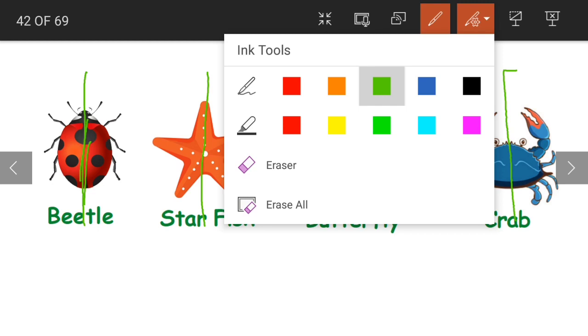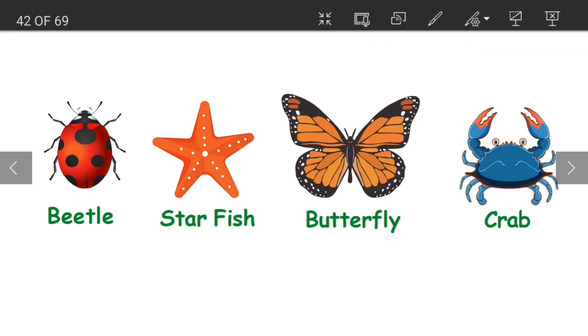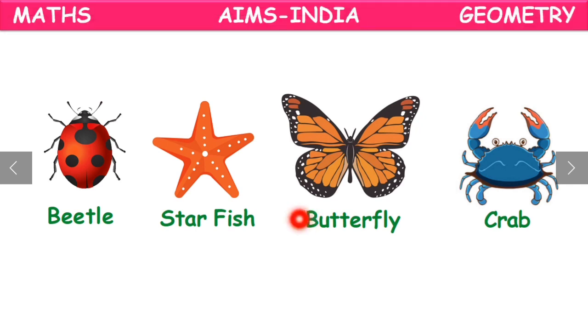Yes, so what you can do is you can draw. What was the first activity that we discussed? Draw any shape you want on a piece of paper, cut it and try to find out the line of symmetry by folding it. Now another interesting thing that you can do is